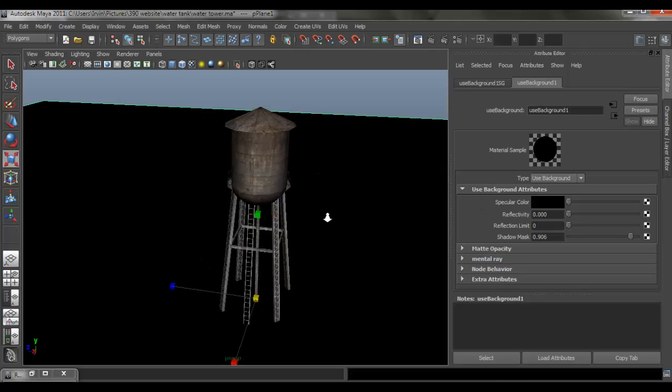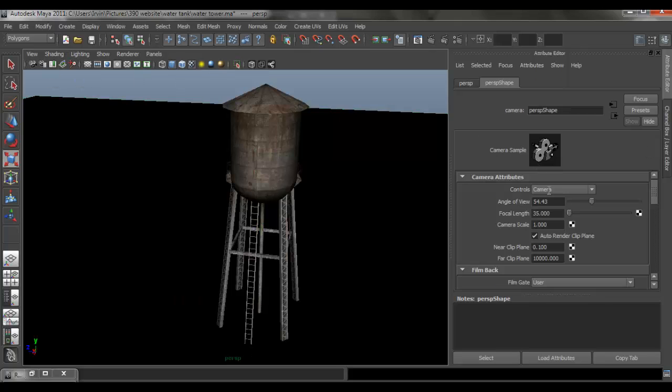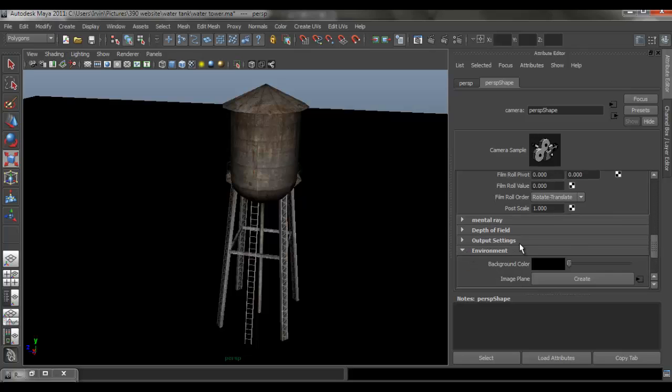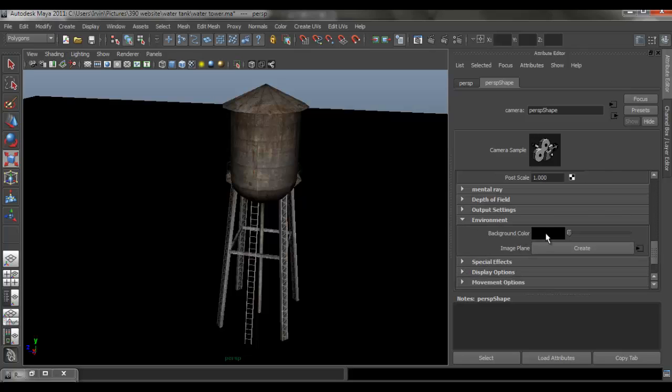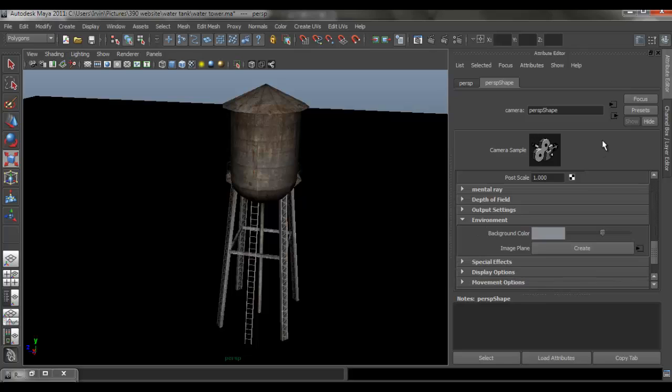Okay, and that should be fine. Also, I'm going to click over here on my camera attributes. I'm going to scroll down, and under the environment we can switch our background color. Okay,